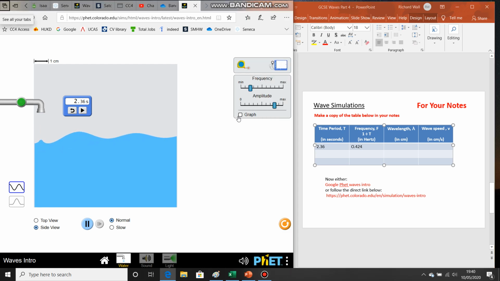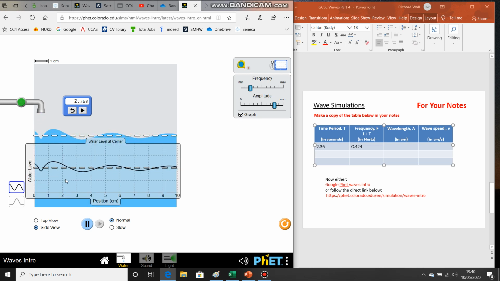Okay, the next thing we're going to do is measure the wavelength of the waves. Now to do that we need two things. We need to click on the graph bit here. Okay, so we can now see the familiar wave pattern, and we're going to use the tape measure, which is down here. Okay, now all you have to do is pause the waves, pressing the pause button here,